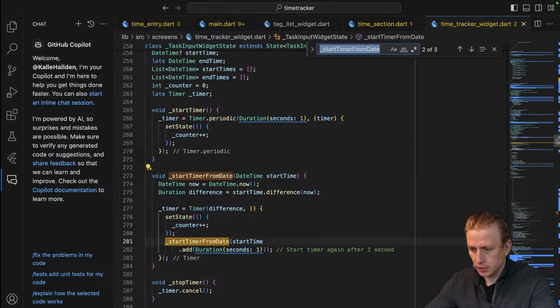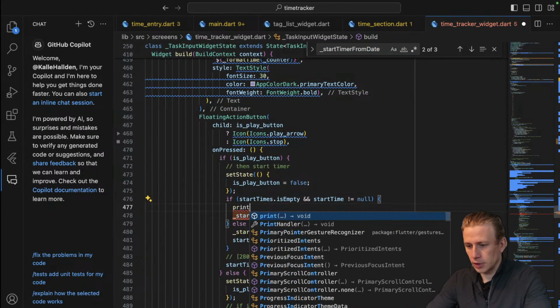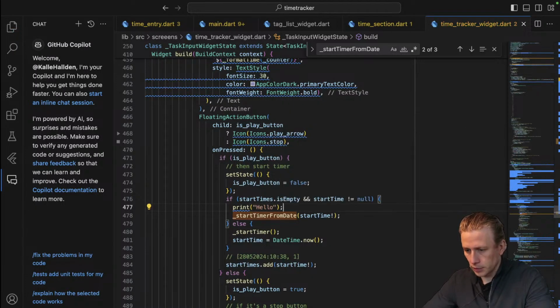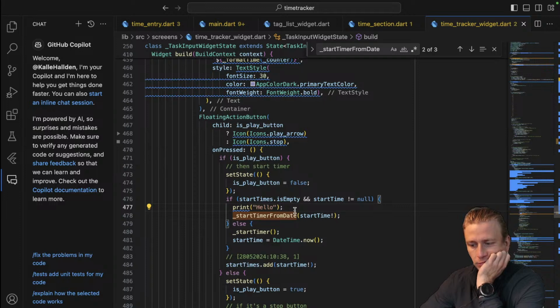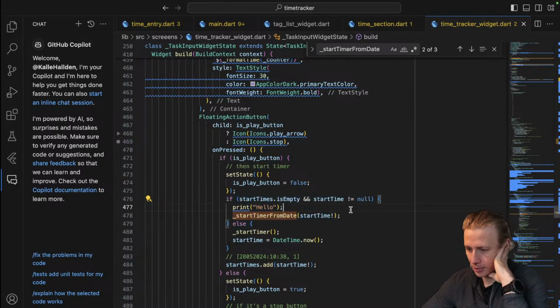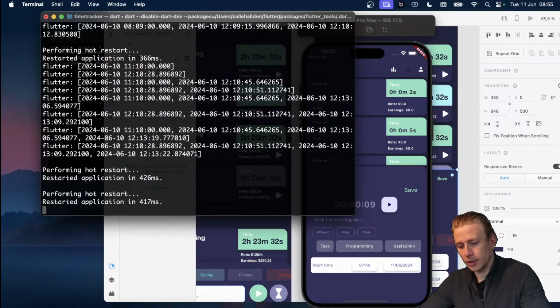Start time from date. If start times is empty, print hello. Okay, so actually this if statement is not what we want. Even if it did work, this is not what we want, because this just checks if start times is empty, and start time does not equal null, then we go in here and we set a start time from a date. So the idea is that if we run it from the start,